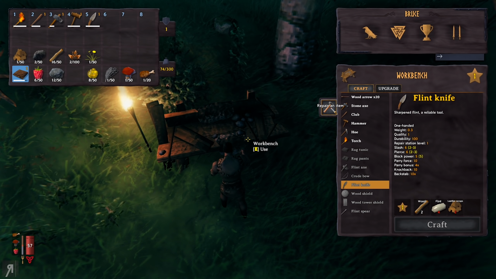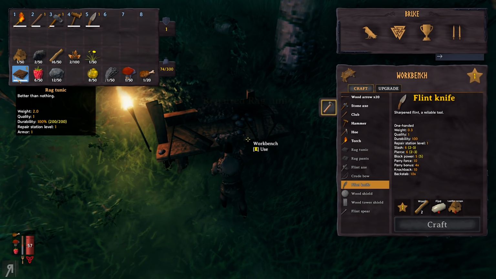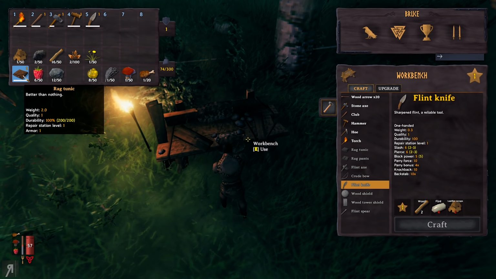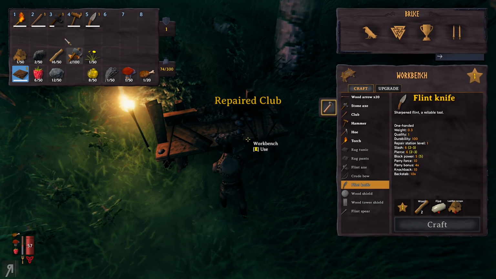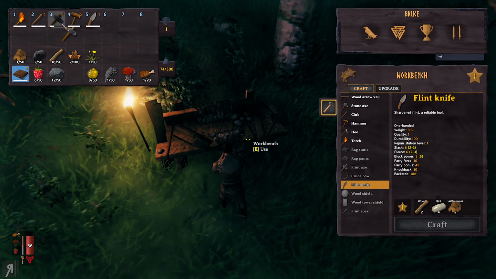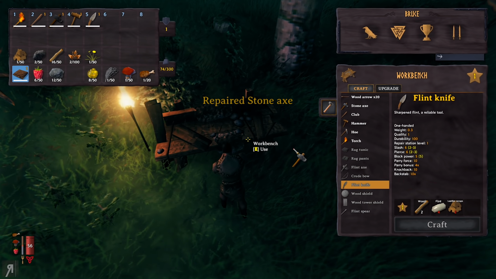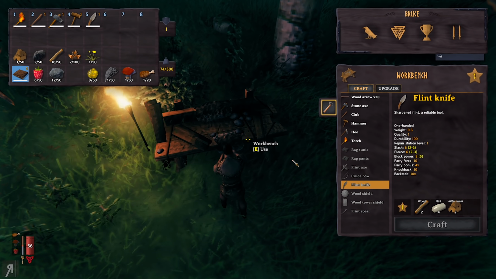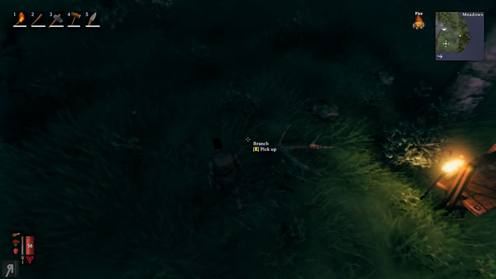Okay, so we can repair items as well. So technically, I can repair rag tunic. Am I not wearing this already, by the way? Yeah, I think I am. All right. Repaired club. Can I not repair this? Repair stone axe. Okay, cool. Look at that. So, what does the repair actually cost? Does it actually cost anything? I don't even know. But what I'm going to do now...